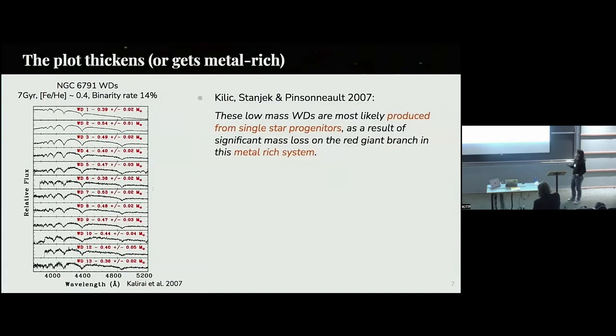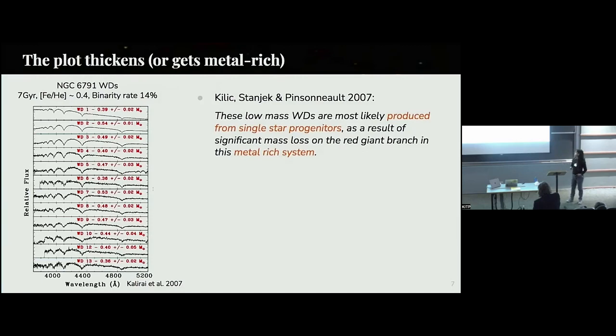until things got a bit complicated when there were observations of this cluster, NGC 6791. And it was found that the white dwarfs in this cluster are mostly low mass. You can see here the masses and the observed spectrum. And this cluster has a very low binarity rate, only 14%. So it's hard to explain this population as coming from binary evolution. So Kilic and collaborators suggested that instead mass loss was enhanced due to high metallicity rather than interaction,